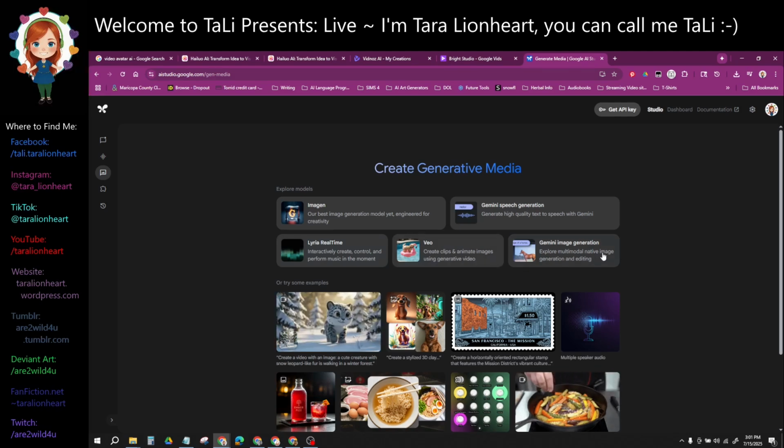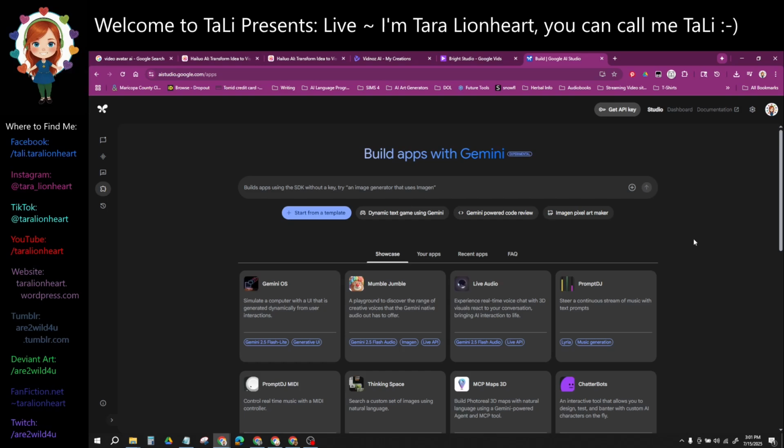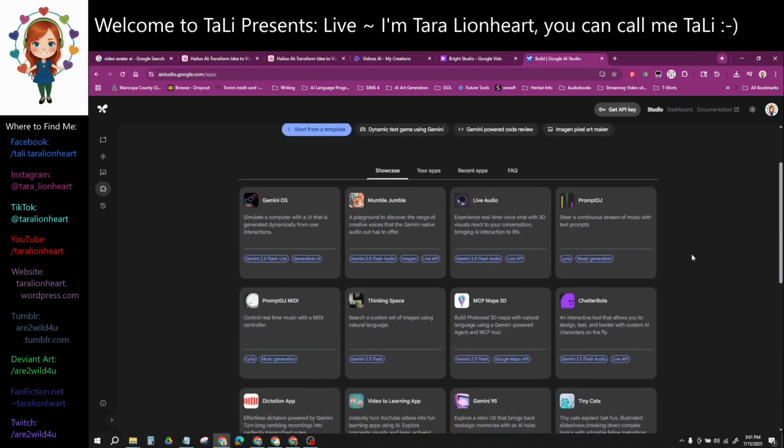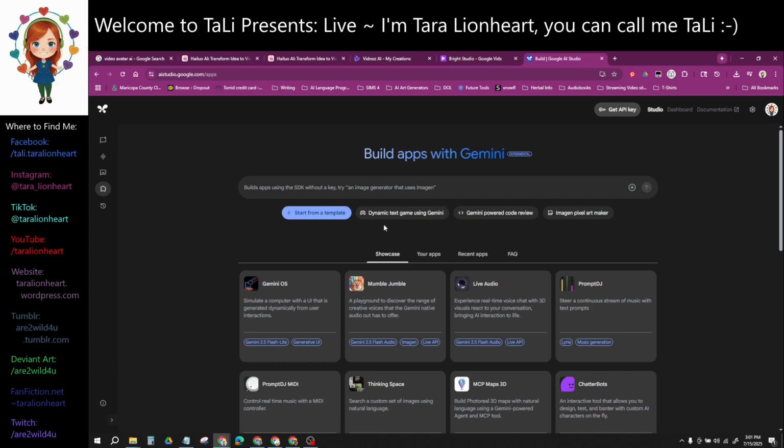VO for our videos, and then the older Gemini image generation setup. These are all great. I, in fact, will do a full video on the Gemini speech generation as I've got something to share with you in that. And then I'm sure that you've seen video running around, but we'll probably also touch on video. And then you also have all of these tools to build apps in Gemini. Not my thing, but I am so glad that they are here. There's more to explore than I could even try to tell you. So we'll skip over that.